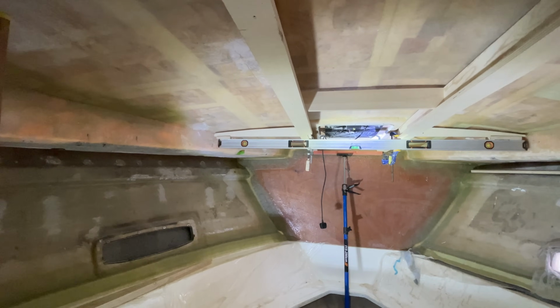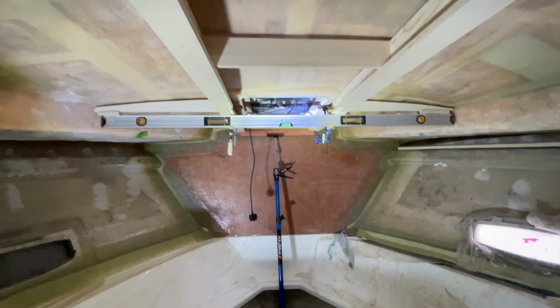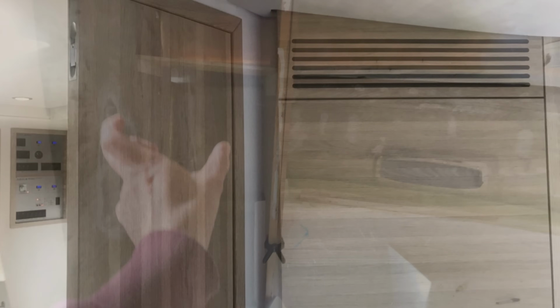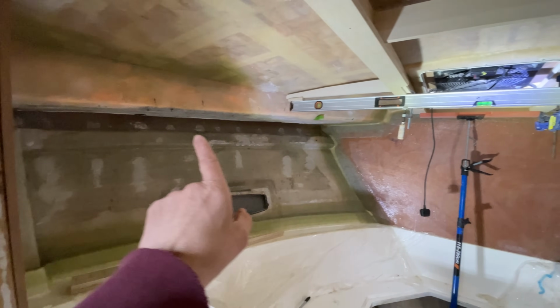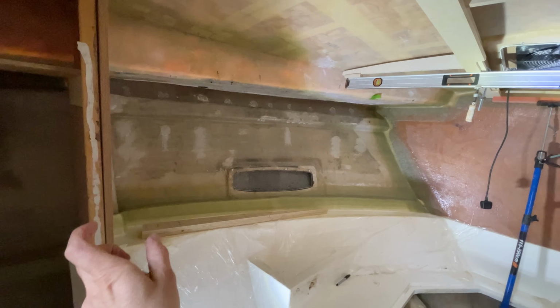So that's all part of the plan, but at the moment, before we fix any of that into place, we also want to just think about storage. So in the original SC35 they just had a shelf that ran across here, and then the factory also put in a wardrobe, an angled wardrobe here. We'd really like a bit more storage than that, so we're thinking 3 storage lockers along here that hinge up, and then maybe a little sort of open storage bin at the end here on that side,